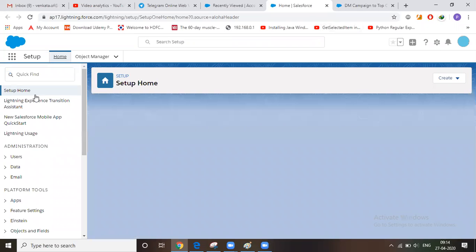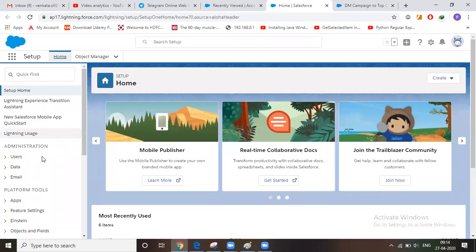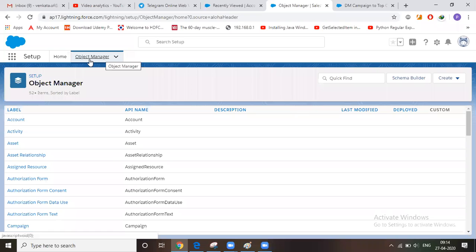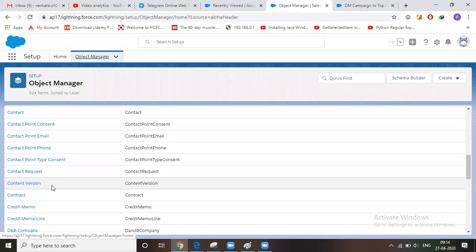This window will navigate to Home, Object Manager. So these are all the objects, the existing objects.